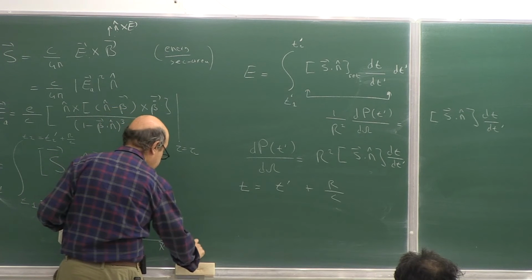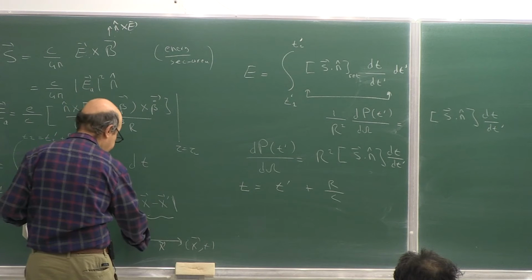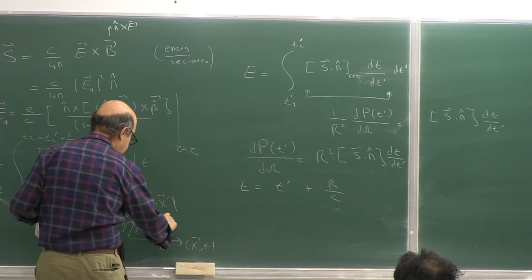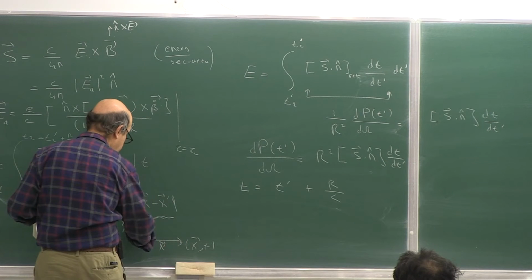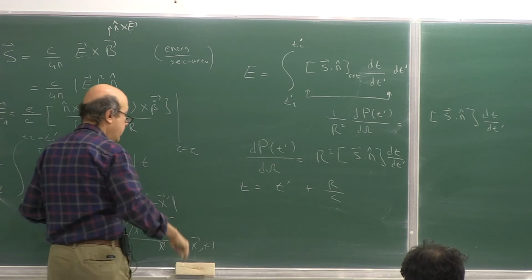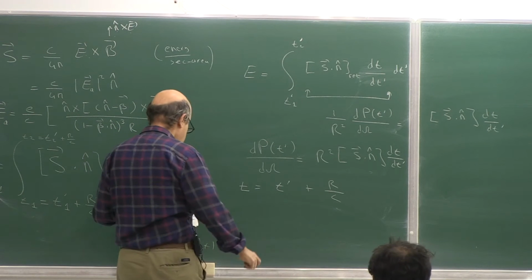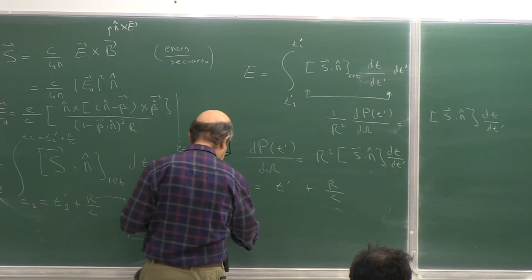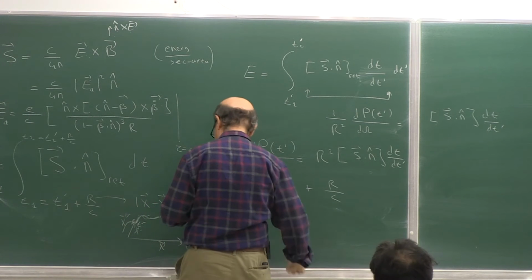When the radiation is emitted, it takes some time to propagate to the observer, and in that time the charge changes its location. So if I take the time derivative of this, I will obtain dt prime